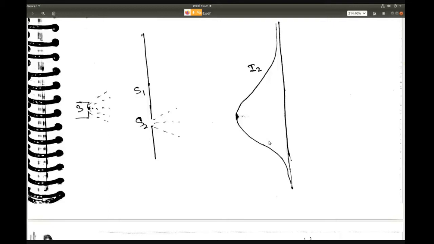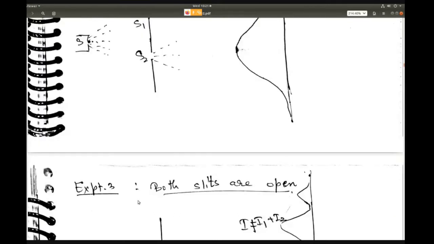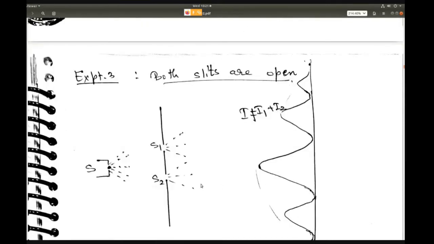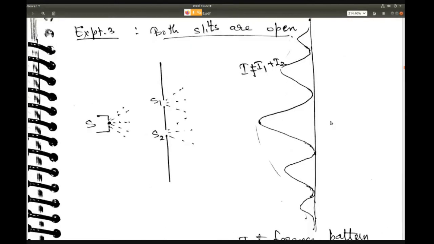There is no change. So where is the change? In the third experiment, you will see the change. The third experiment is when both slits are open. So when both slits are open and there is a source which emits electrons, then you see that what happens is, instead of getting a profile which was just one maximum, just like the case of bullets, you are getting an interference pattern. Okay, so interference pattern is a characteristic of waves, right? We saw that if you have waves, you get interference pattern. If you have particles, you don't get interference pattern.